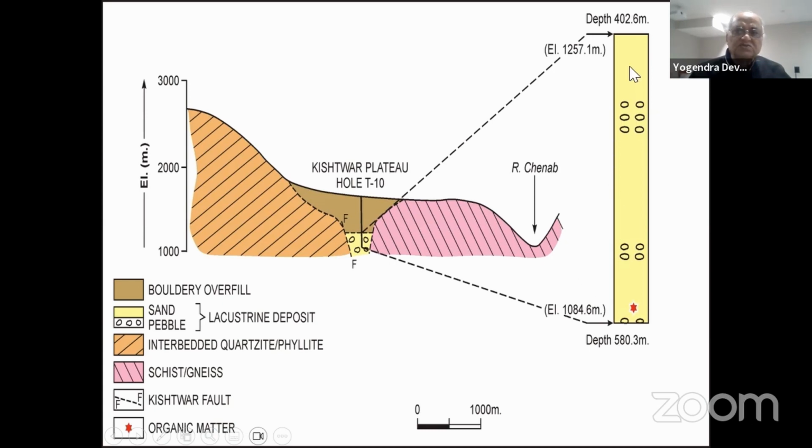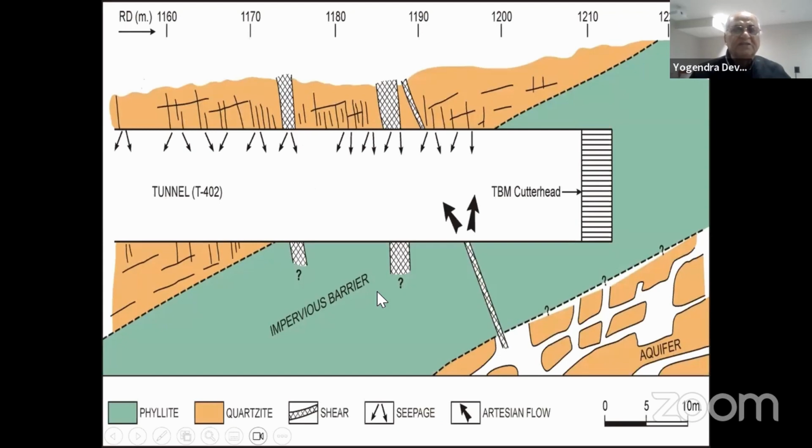In the log, it is shown that this is all sand deposit in between. The rounded material, that is the pebble beds, were located at 5 places and 6 places. And this was a place where carbonaceous material, a piece of wood, was recovered, which helped us even do the dating for this material.